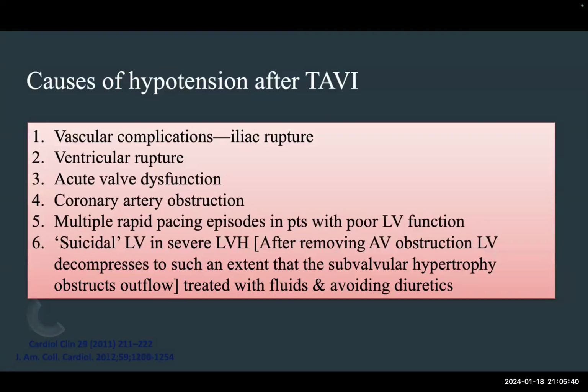Okay, causes of hypotension after TAVR. This is another question: a patient in the CCU underwent successful TAVR. First is bleeding. Look at the groin, maybe it's bleeding. Another complication is ventricular rupture, but this usually happens in the cath lab. Acute valve dysfunction, like one of the valve leaflets does not open well, or something happened to the valve, or coronary artery obstruction. Sometimes coronary artery obstruction does not happen during the cath, especially with the coronary